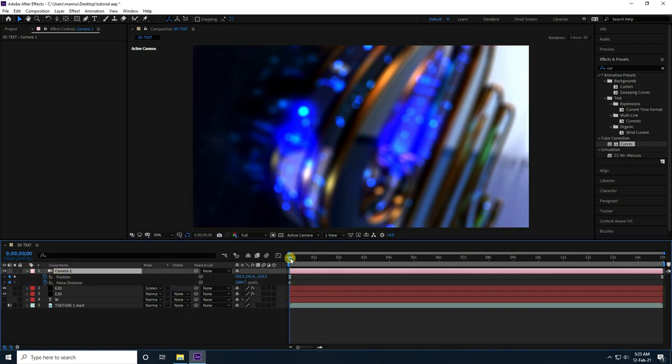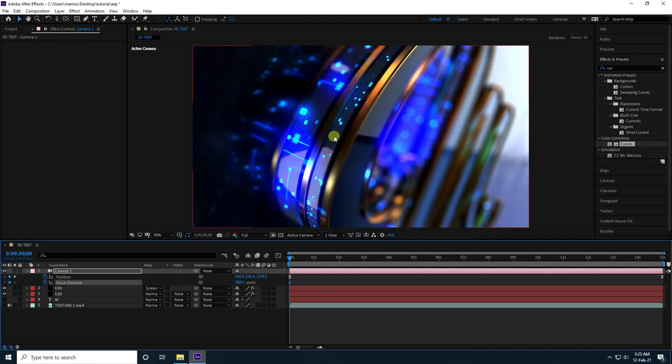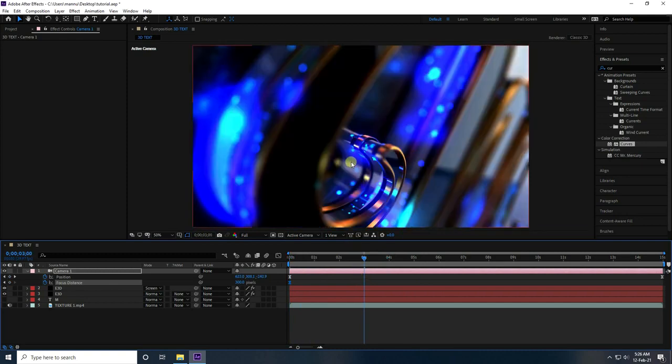Guys, I change manually focus distance like 300 and enter. Guys, that's my manual focus. Yeah, is good. And press F9. And now guys, I go to like 3 second and manually change focus.